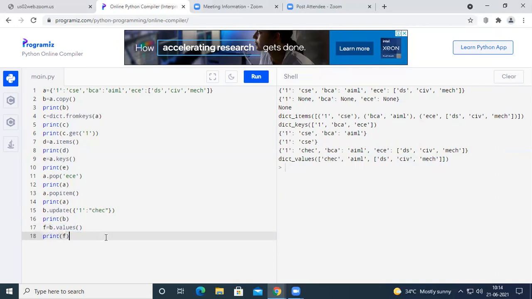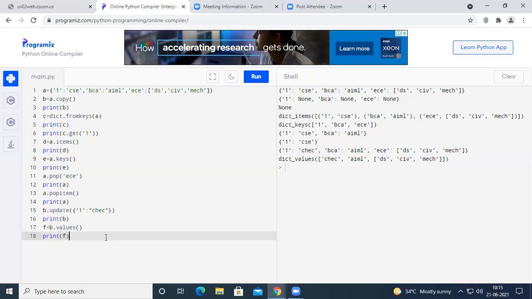And with this, I am going to close today's session. I hope you all understood today's session. In today's session, we have started discussing the operations in the dictionary of Python. In a dictionary, we can clear the dictionary. So the clear function is going to delete all the items of the dictionary, and the copy function is going to copy the items of the dictionary into another dictionary.